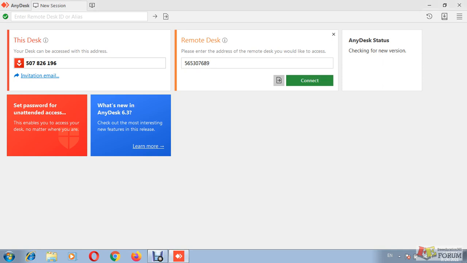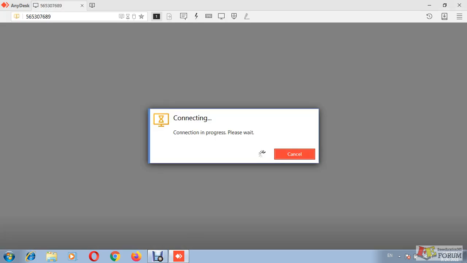Enter the remote computer's AnyDesk number and click connect. Once this connects, the remote computer will get a message saying this AnyDesk computer is trying to connect, and whether you want to accept or not. If they want to accept, the remote computer needs to click the accept button.